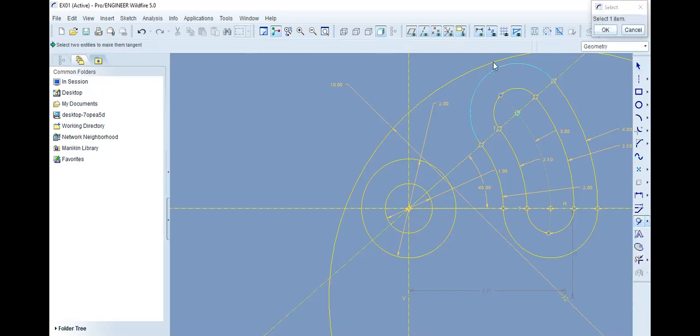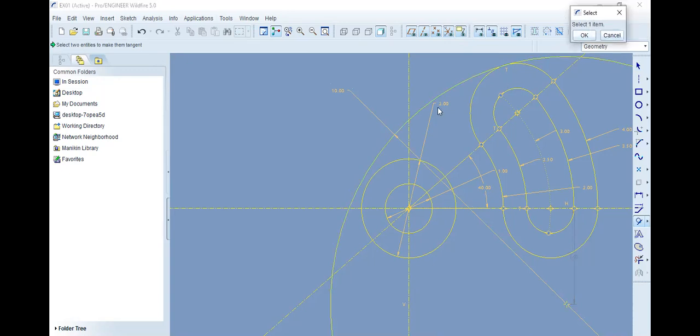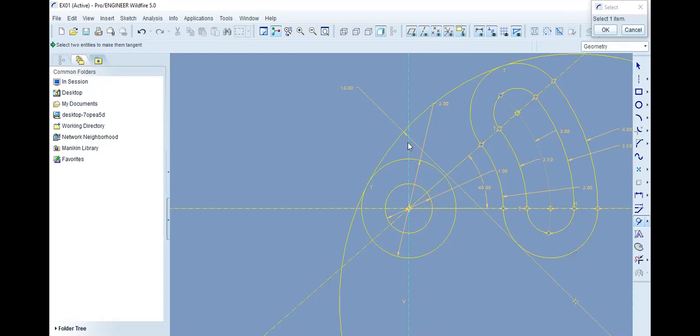We select it. Now we have to select item number 1, and then select the second item. Once you select both items, it will become tangent. Still, it is asking for selection because we are still in the command. So again, select this circle, select this circle. So these two circles also become tangent. Right? Once you are done with the command, you click here, the OK.